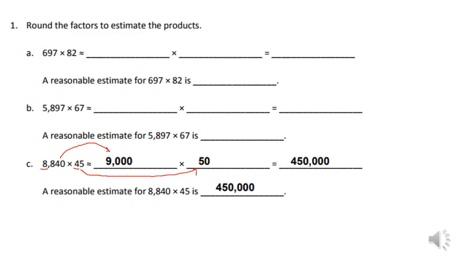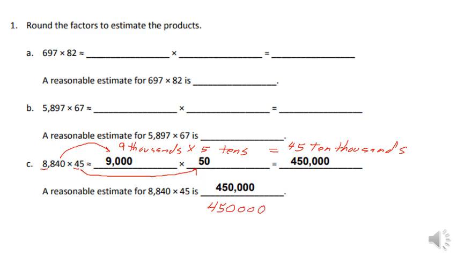And that allows us, from what we did yesterday, we know 9 thousands times 5 tens would equal 9 times 5, which would be 45. And we have thousands times tens, that'd be 10 thousands. So when we write that, we know we got 45, and the 5 is going to be in the ten thousands position, so I know I have to put 4 zeros in. And that gives us 450,000. So a reasonable estimate is